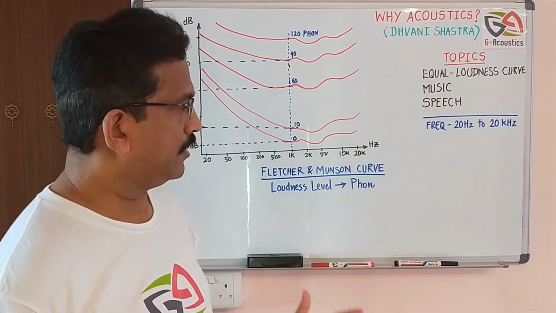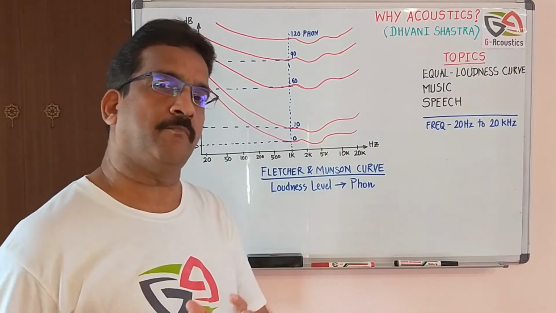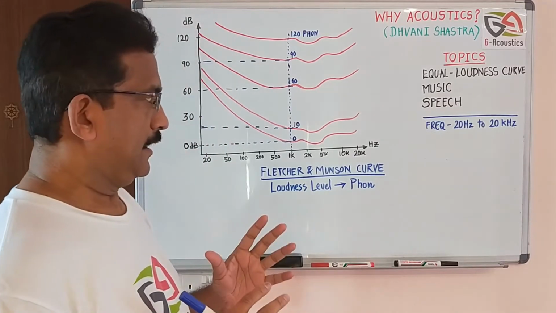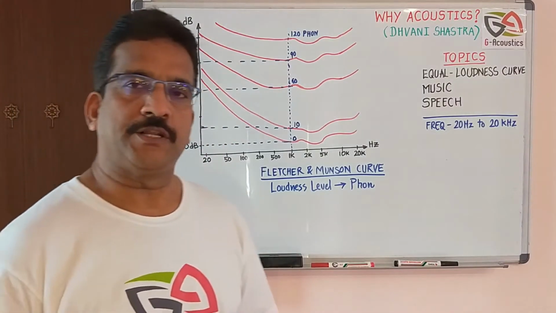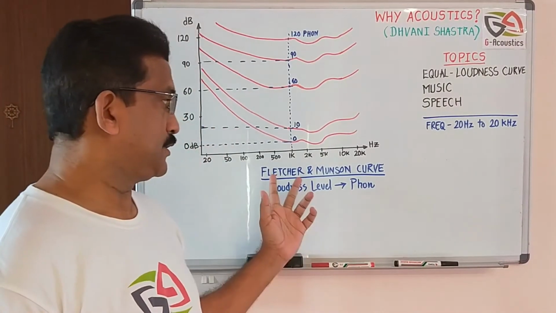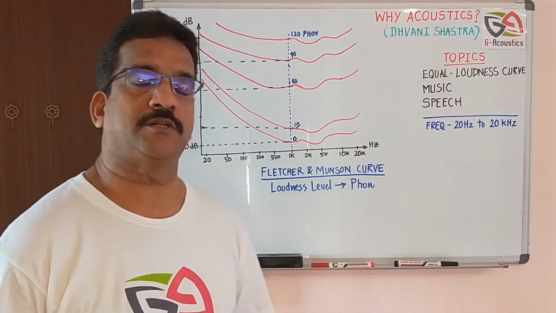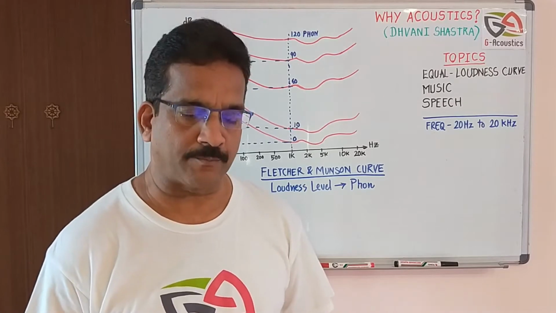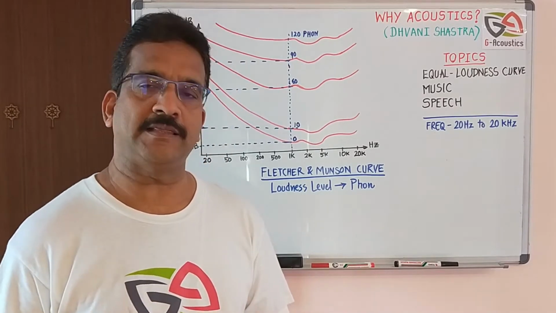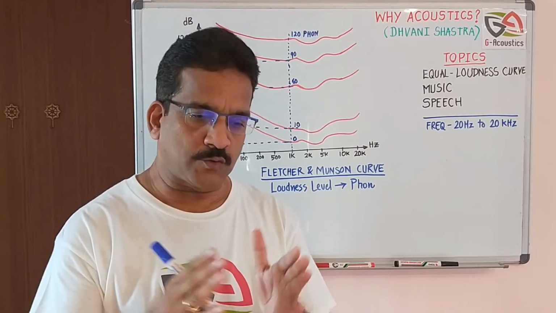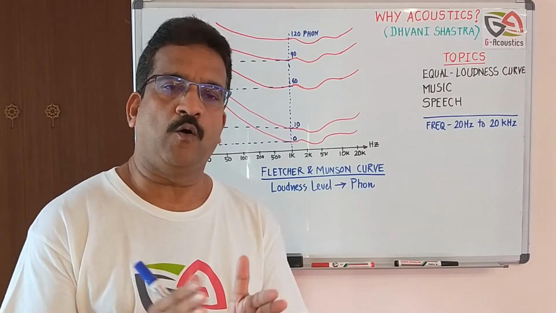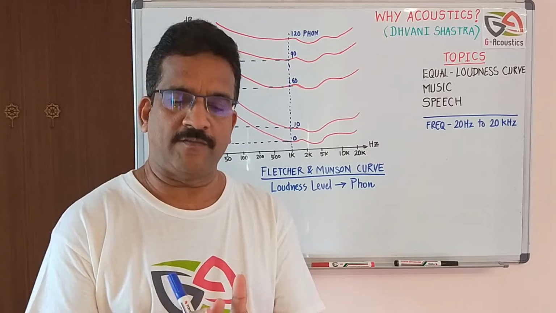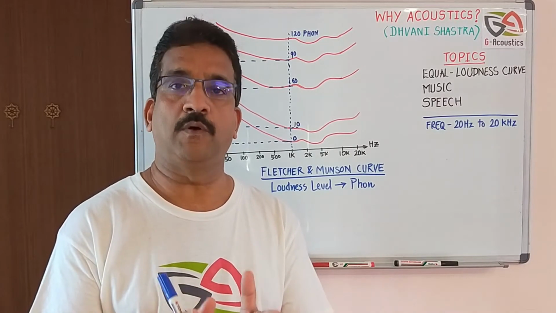Before knowing what exactly it is, let me give the background about how this was arrived upon. Way back in 1933 at Bell Laboratories, these two engineers, Fletcher and Munson, were assigned a task. Bell Laboratories, as you know, is a telephone company, and when they were designing the telephone system, they wanted to see which audio frequency would be ideal for them to develop the product so that it will work efficiently.